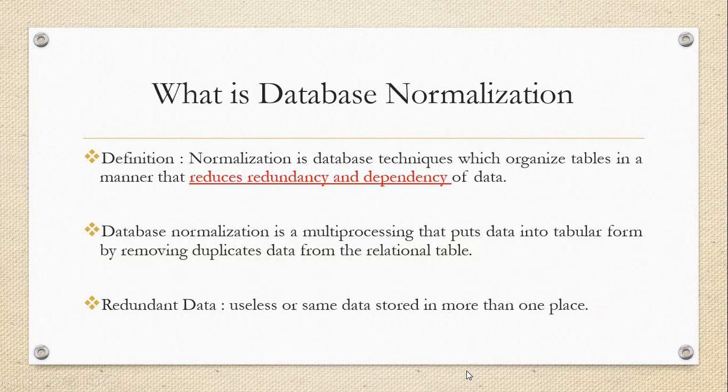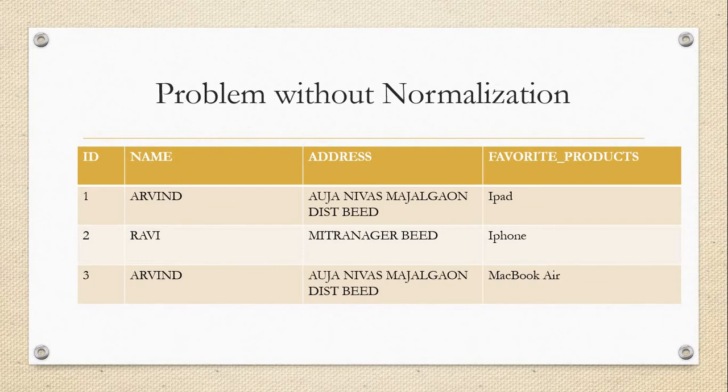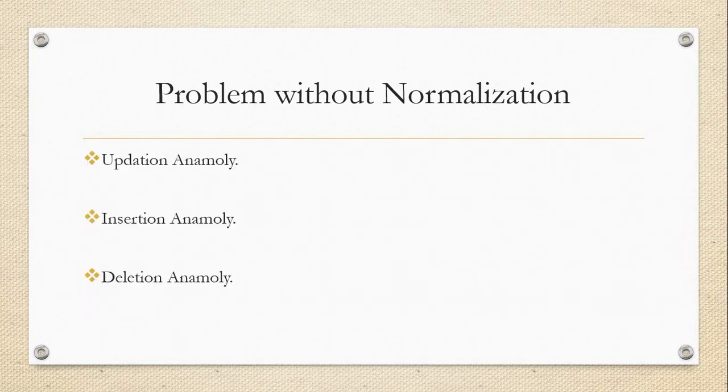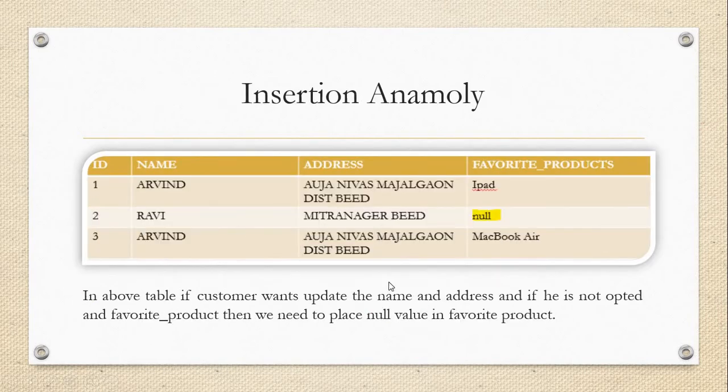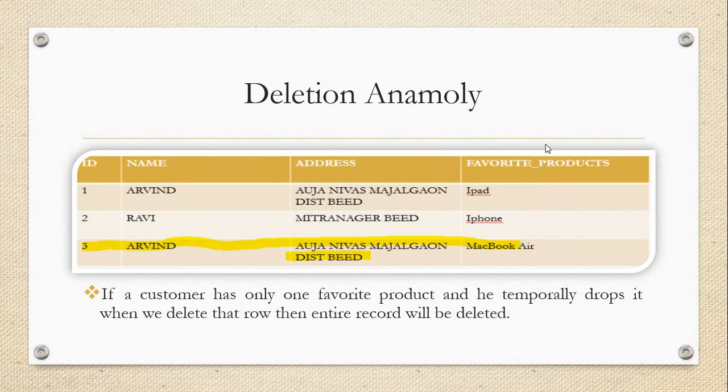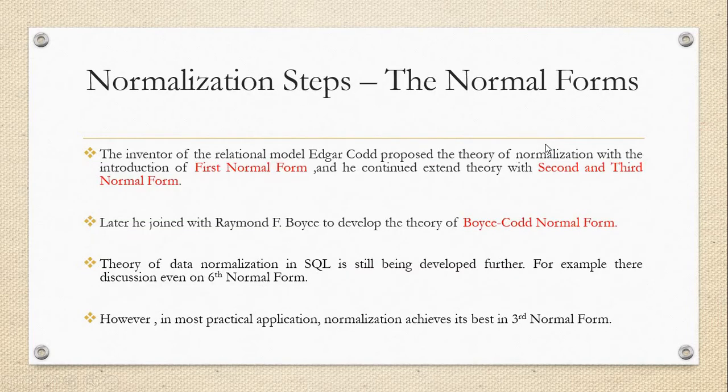While learning this normalization concept, we need to apply the first normal form, the second normal form, and you will get that idea. The definitions are very heavy to digest, but it's quite easy when we think by using examples. Consider this problem. There is a problem of updation, a problem of insertion, and a problem of deletion. We will discuss with examples what the problems of updation, insertion, and deletion are. Now we'll discuss the normalization steps, and in that we'll discuss the history.